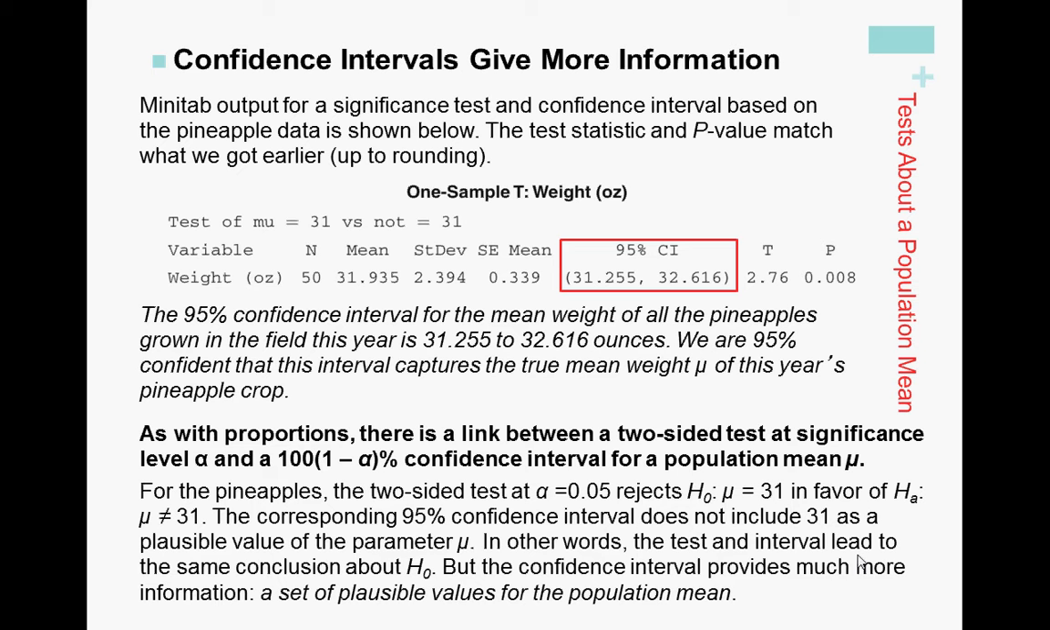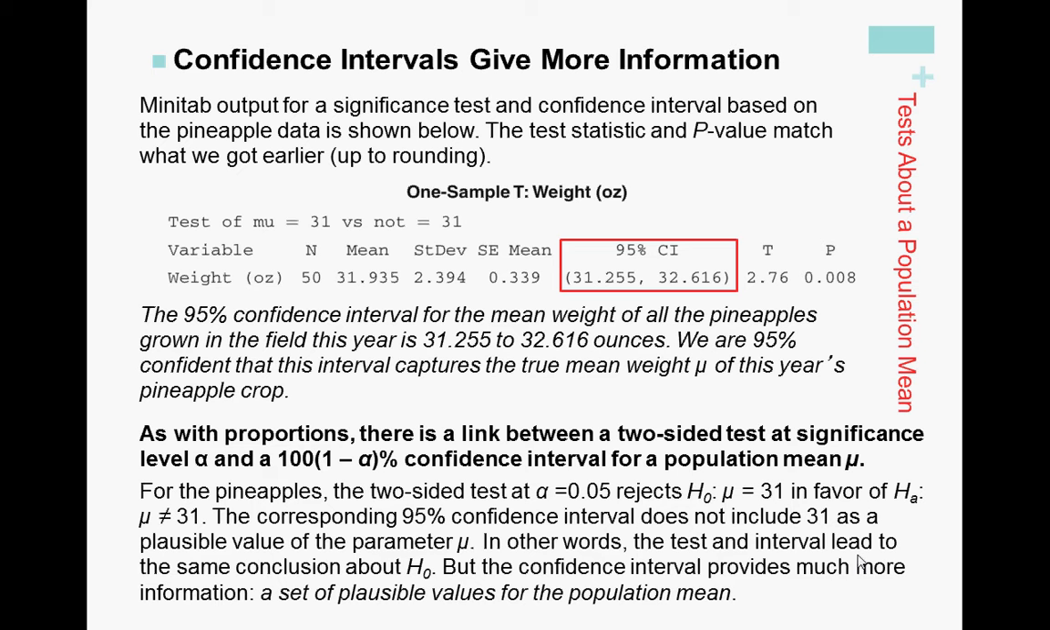Because just like with proportions, there's a link between the two-sided test at significance level alpha and a 100 times 1 minus alpha % confidence interval for a population mean mu. I know those numbers may not seem perfectly natural here, but it's just the idea of a significance level of 5% would correspond with a 95% confidence interval, or a significance level of 10% would correspond with a 90% confidence interval. So for the pineapples, the two-sided test rejected the null, as we saw in the previous slide,